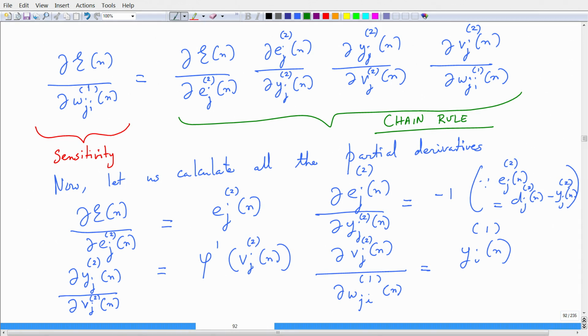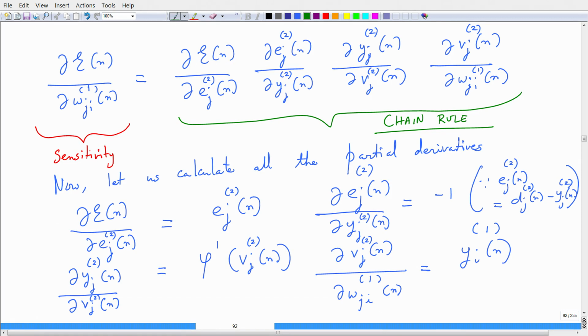So, I need the partial derivative of the error energy at time instant n with respect to the synaptic weight w_ji at time instant n in layer 1. So, this is our sort of notation, right. All the synaptic weights connecting from the 0th layer to the first layer are indicated by w_ji of 0, and from the hidden layer to the output layer it is w_ji of 1. So, this is sort of straightforward from our sketch of the architecture, right, and how we defined our variables. So, what we do is we do the chain rule now.